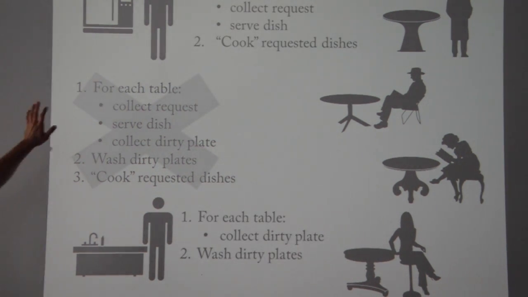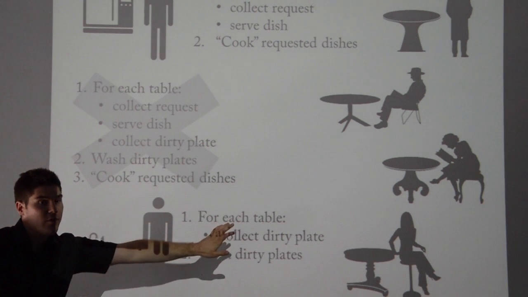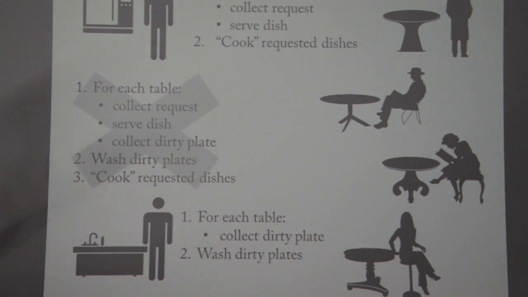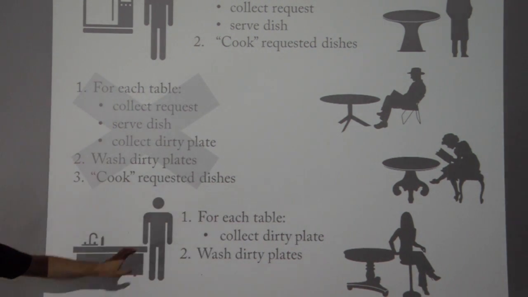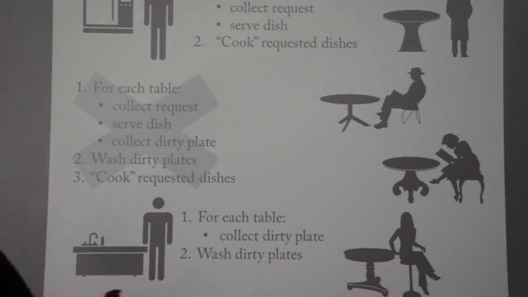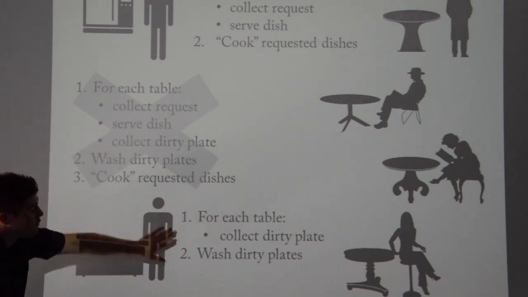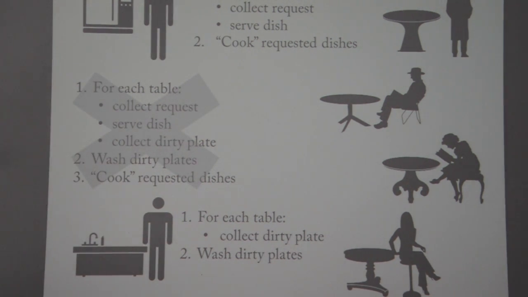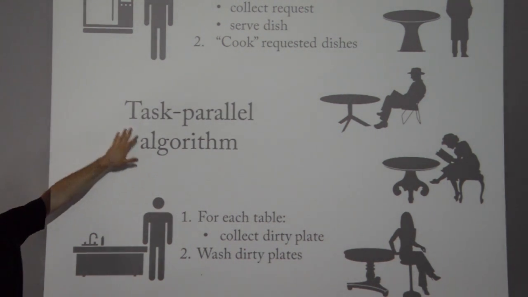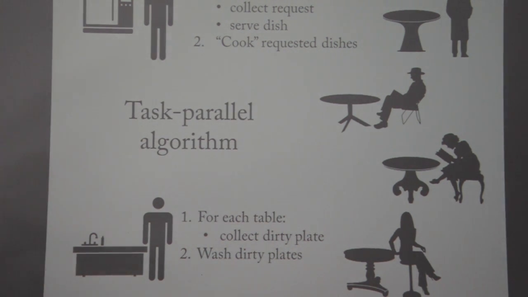They said, okay, the first waiter will just go through the tables, collect orders, and cook the dishes, and bring them back. While the second waiter will collect the dirty plates and wash them, which is consistent with what you see in some restaurants, because you have different people serving you, taking orders, and so on. So they no longer use this original algorithm. They use two different algorithms, which have divided the tasks of the original algorithm, and that's why they call this a task parallel algorithm. Okay?